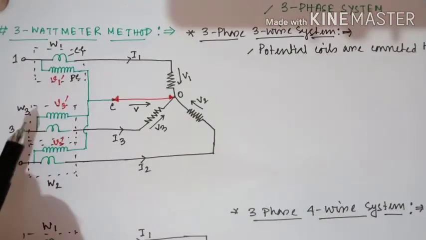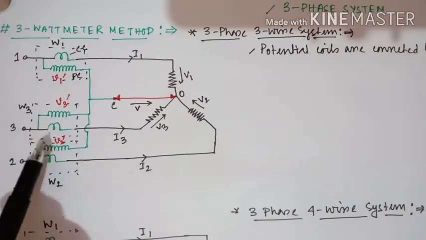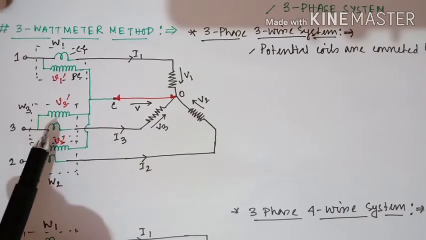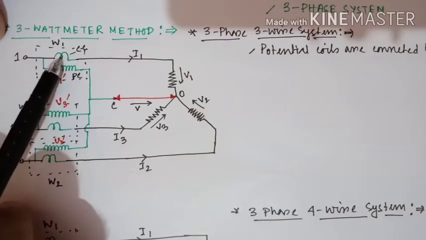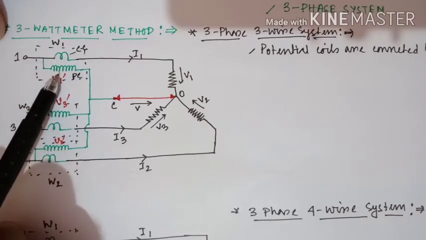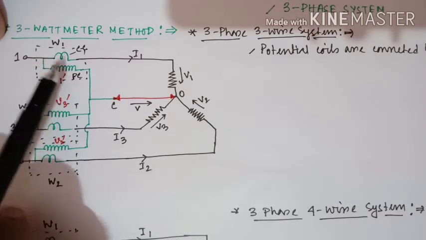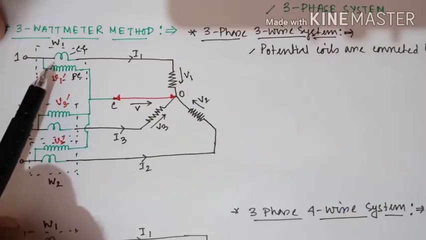So similarly, I have drawn three different wattmeters. Another point I should mention here, as far as construction is concerned, the current coil is made up of thicker wires with less number of turns, and the pressure coil is made up of a very high number of turns, and the thickness or the diameter of the wire is very less. And the second thing that you need to remember is that the current coil is the fixed coil and the pressure coil is a moving one. The working principle of the electrodynamometer type instrument can be explained in later videos.